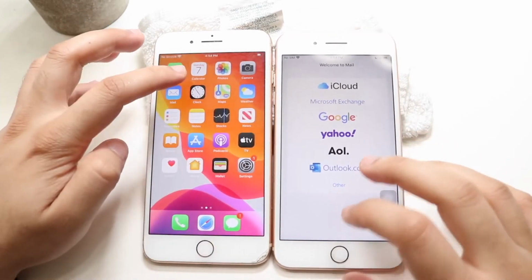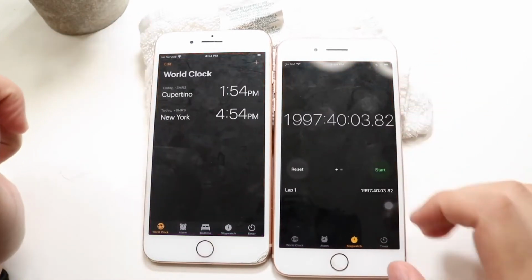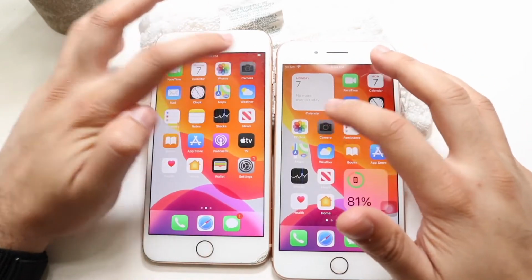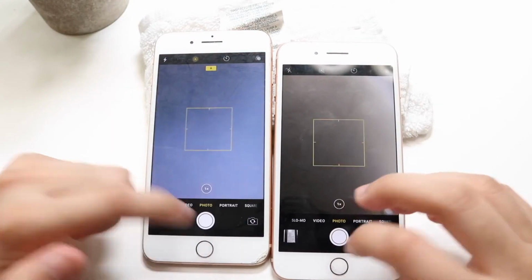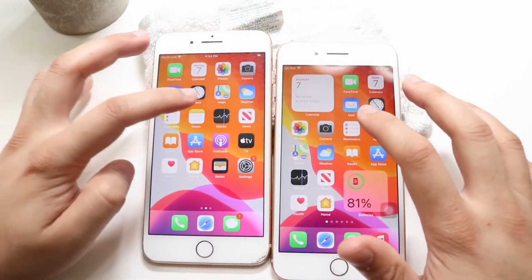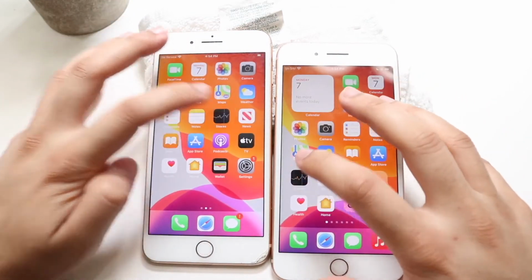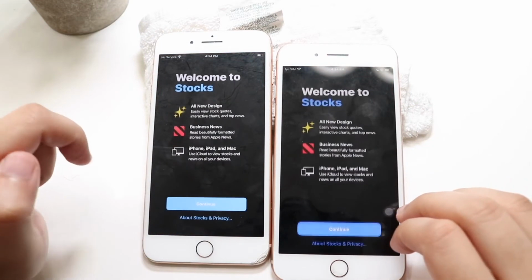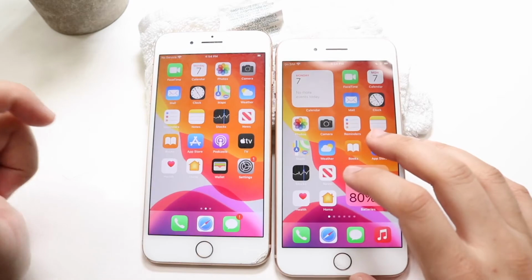Let's get into clock. 3, 2, 1. And there we go on that one. I don't know what that timer is. Let's get into camera. 3, 2, 1. And I think 15 was actually faster. Let's get into stocks. 3, 2, 1. And there we go. I think 14 was a little bit faster, but they were roughly around the same, to